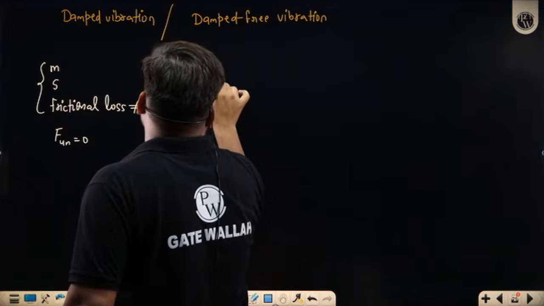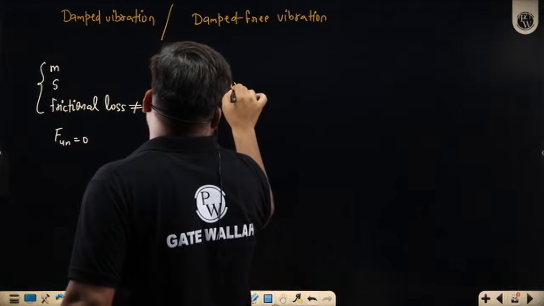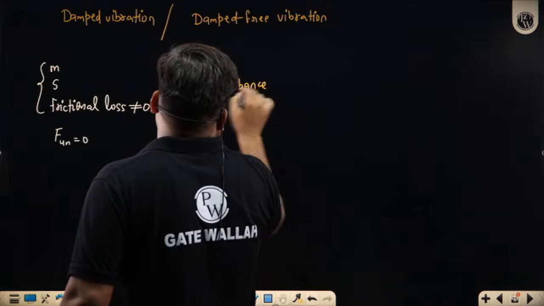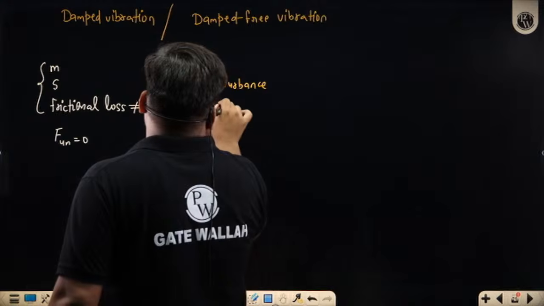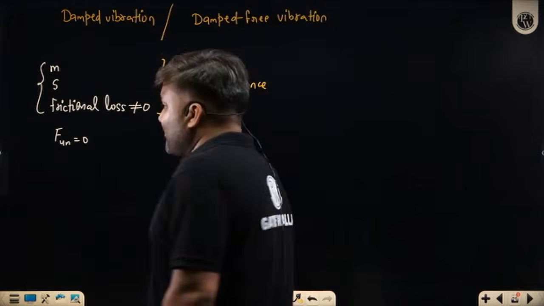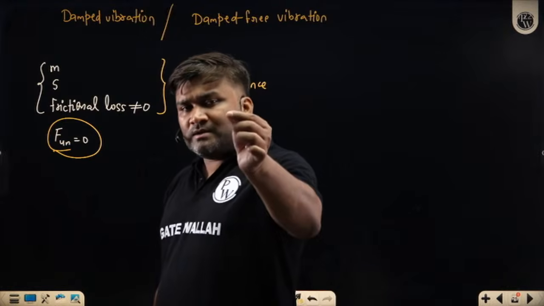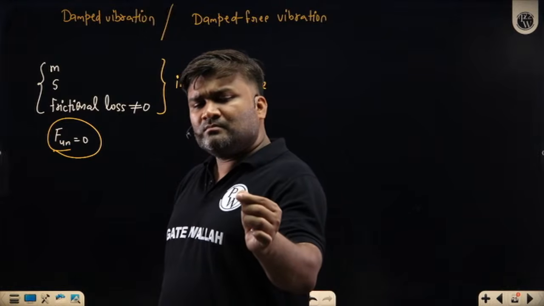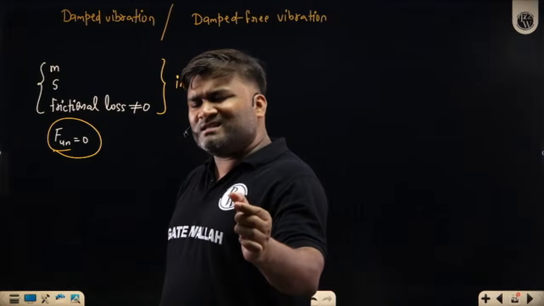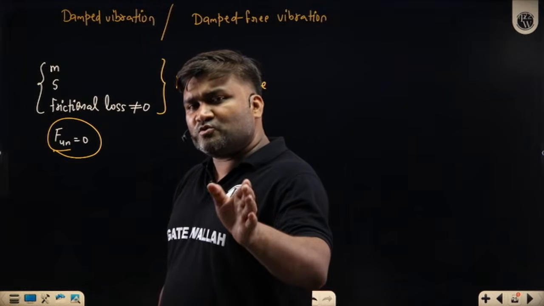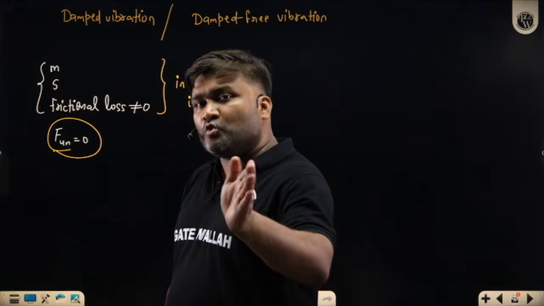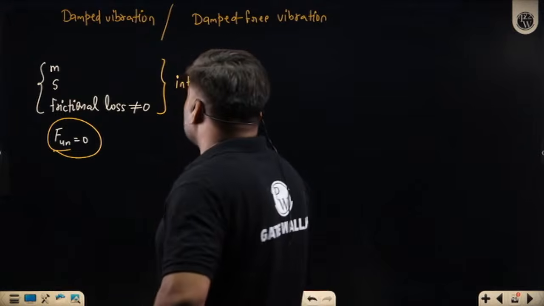An initial disturbance is needed. Why? Because there is no unbalanced force in the system. So disturb the system at time t equal to 0, and release it. Whatever it is doing, it is doing on its own, and that's why some people also call it